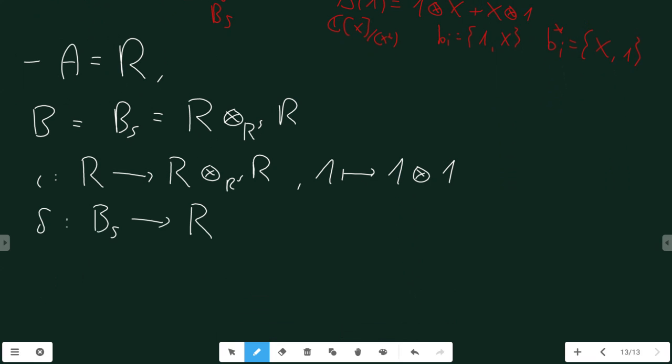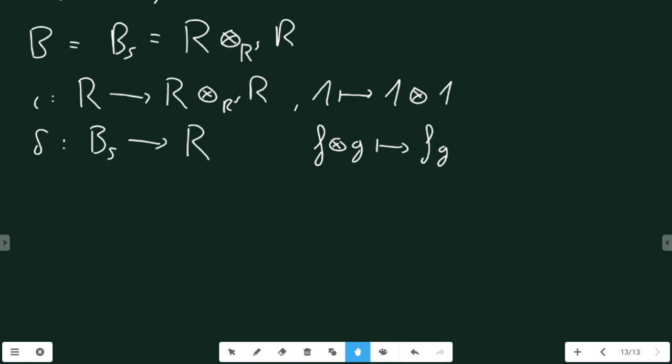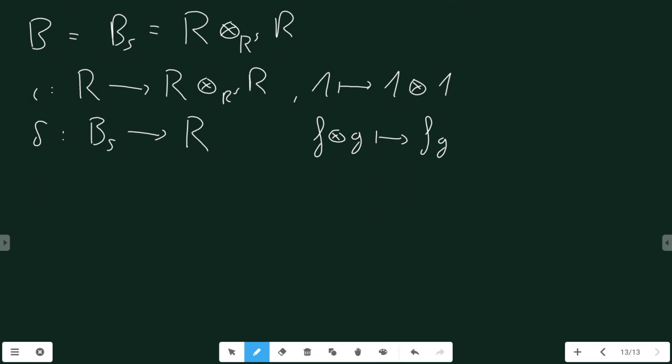Very good. Which is a little bit confusing is here that this delta map is actually the multiplication from above, but it's a very harmless map. And you have two other maps, which I call mu, goes from BS tensor over R, over A, right? But A is R,